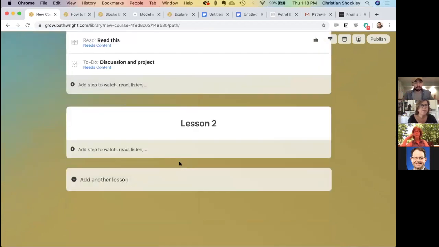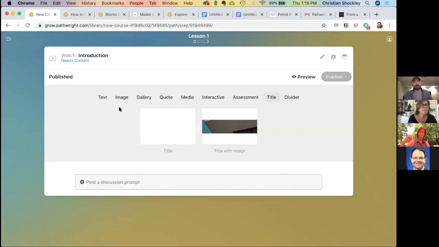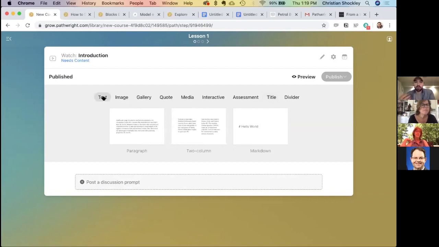Then when you're ready, you can jump into the content building phase. That's where you click into a step, and then the world of blocks unfolds. So we've got 30 plus different learning blocks, and we're adding 1 to 2 more about every 6 weeks. Some are based on things that we want to create, some on things that we're working with partner educators to create. And these range from really simple ways to organize text